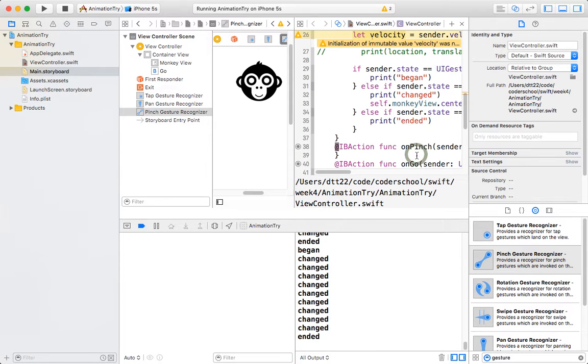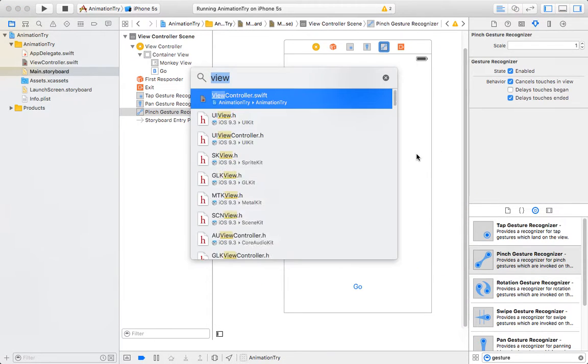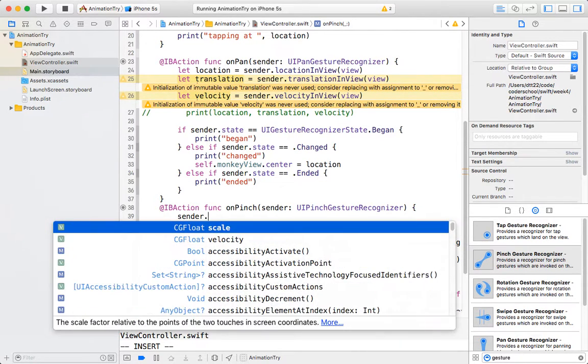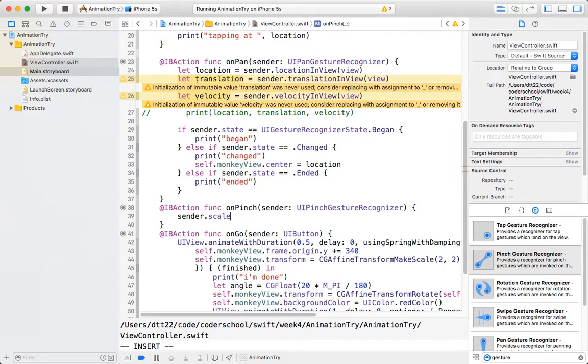Alright, so there's one more API method here. Is this on pinch? Okay, where is it? Here. It's sender.scale. And it's just one value. Apple normalized it for you to make it simple. They don't have X and Y axis. It's just whatever direction you pinch, that's the factor. So I'm just going to say this is my